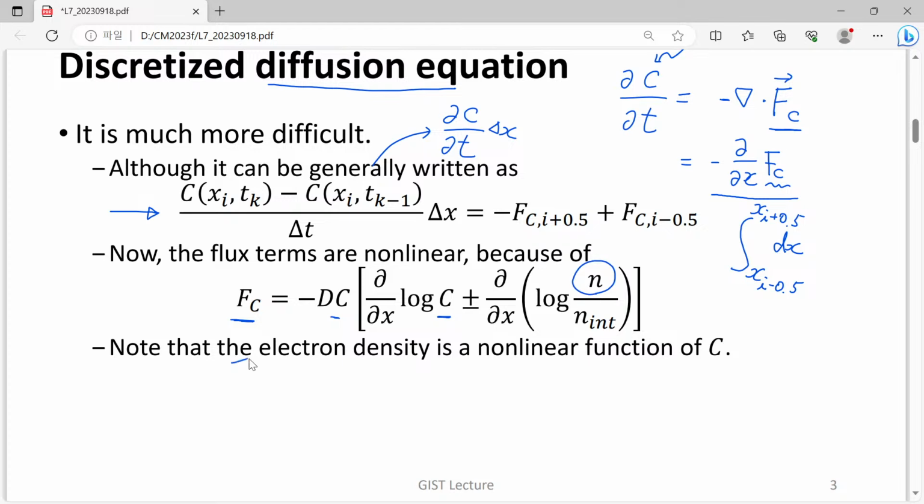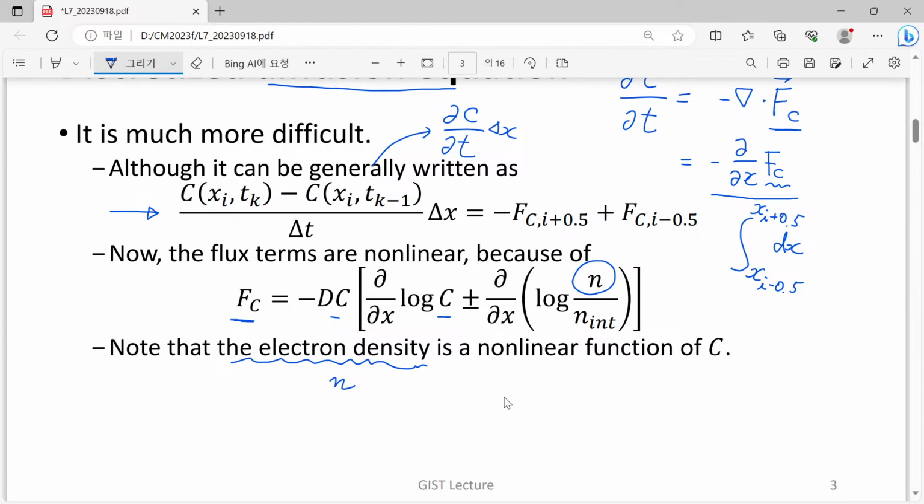Then this electron density n was a nonlinear function of C. So in our charge neutrality approximation, we wanted to say that minus n plus p, and eventually the net positively charged dopant ions,